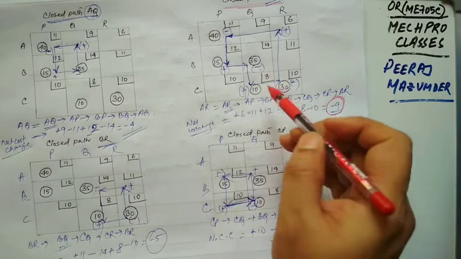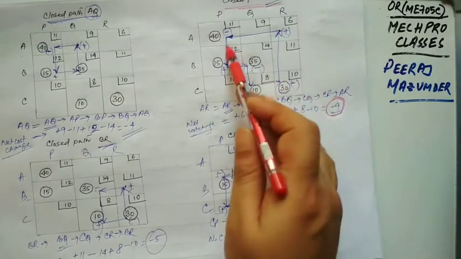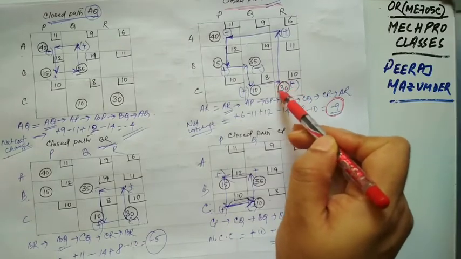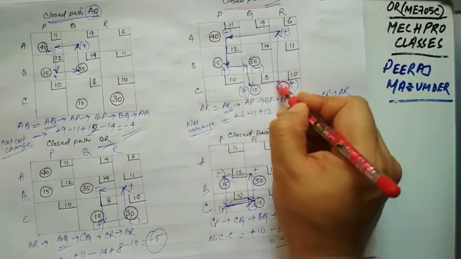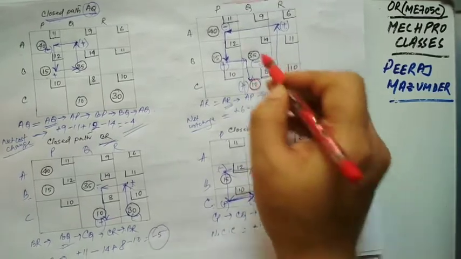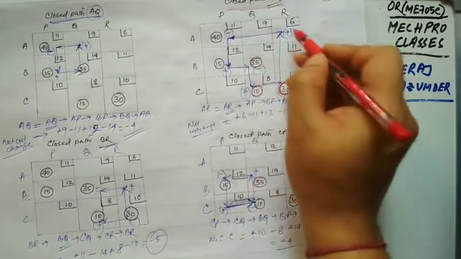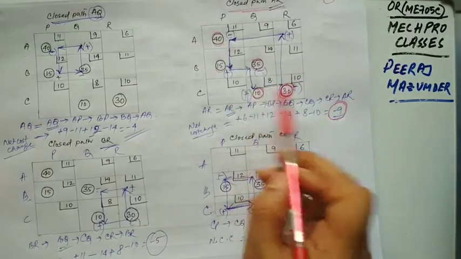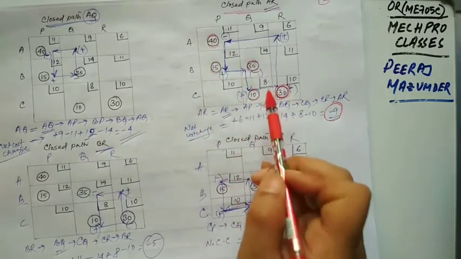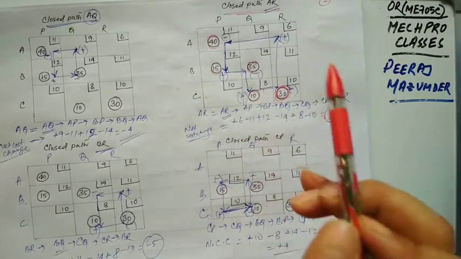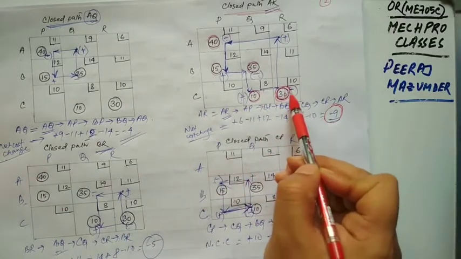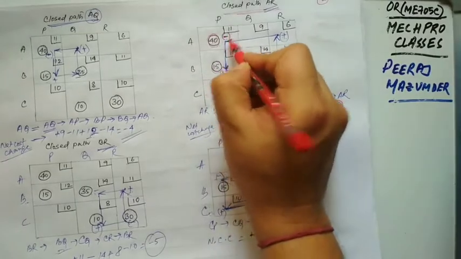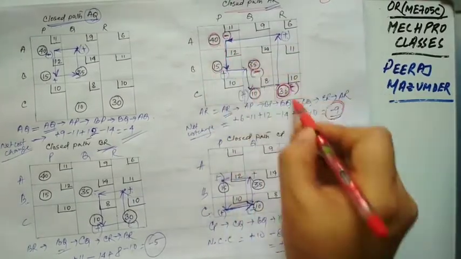From this particular loop you can see you have to find the selected cells. These are the allocations: 30, then 10, then 35, then 40. These are the allocations we already allocated. Among these allocations we have to select the negative ones. You can see the negatives over here: this is negative, this is negative, and this is negative. So we have 3 cells with negative values.